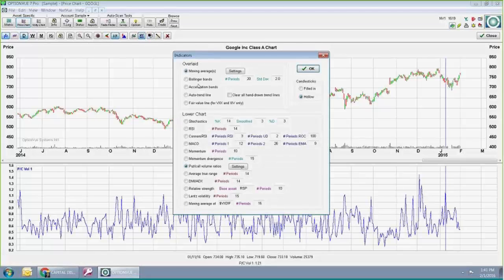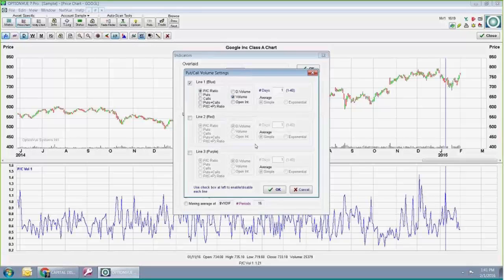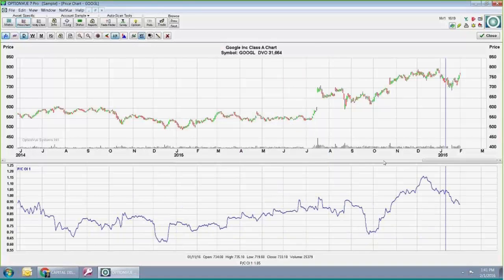Now let's look at the put-call ratio using open interest, which tends not to change as much. So you can see, actually, there's this little spike here, but for the most part it's been below 1.